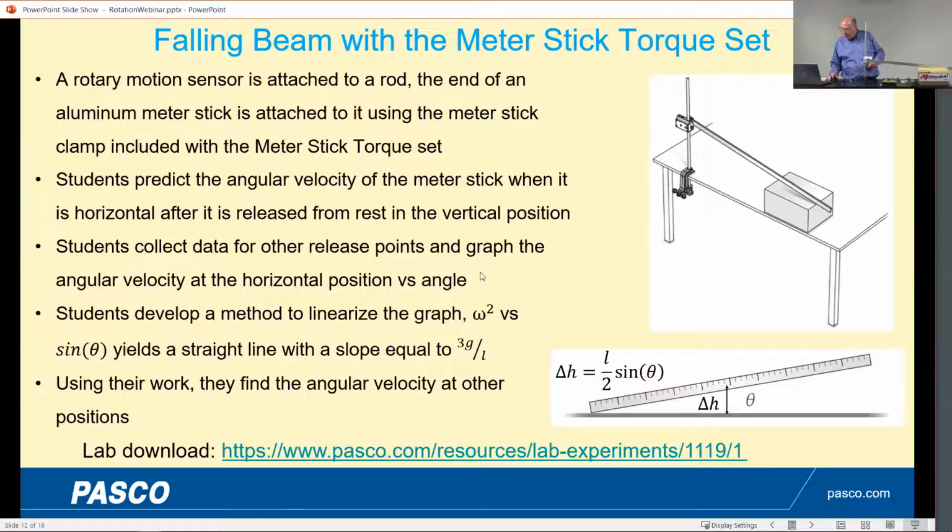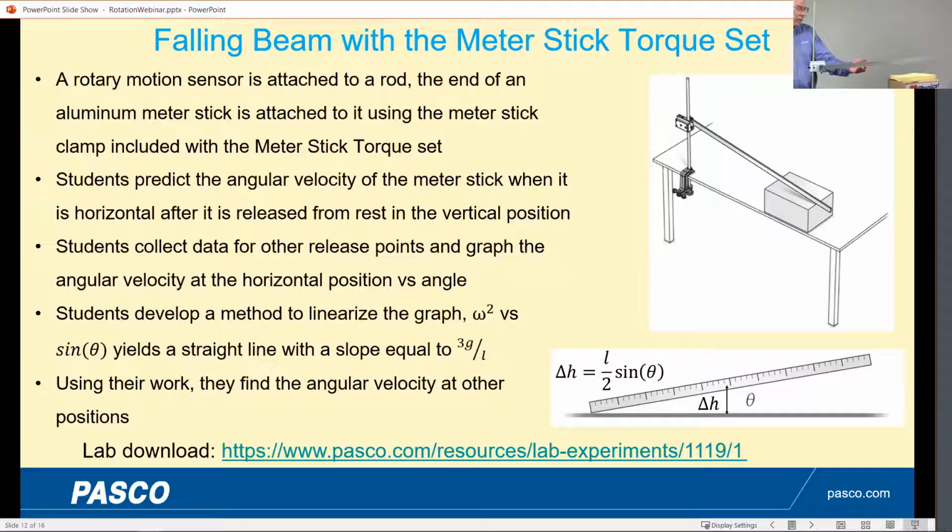So the basic idea here is you're going to use conservation of energy. The potential energy of the meter stick, we're going to release it from rest, the gravitational potential of the meter stick Earth system, if you like, is equal to the rotational kinetic energy of the meter stick when it's going through the horizontal,